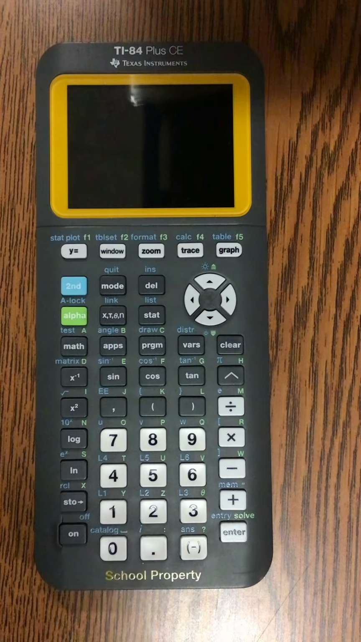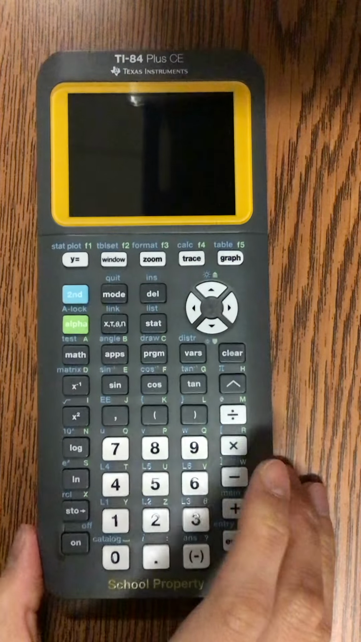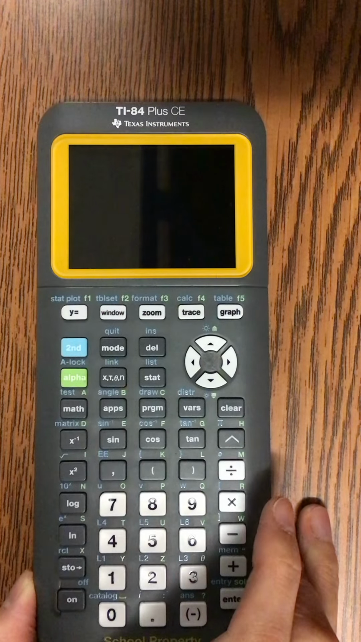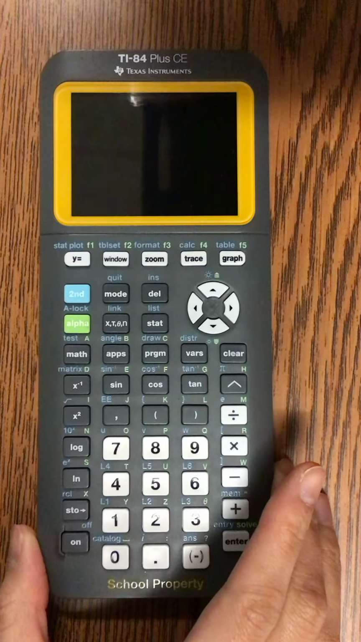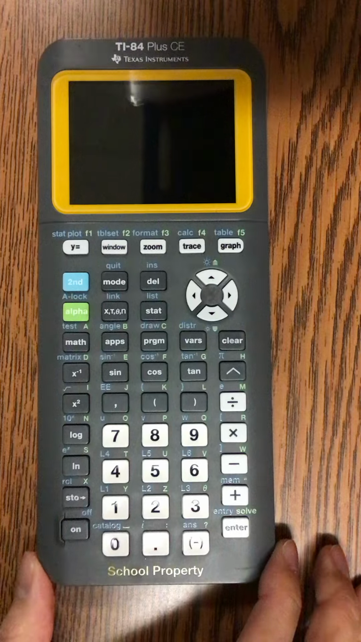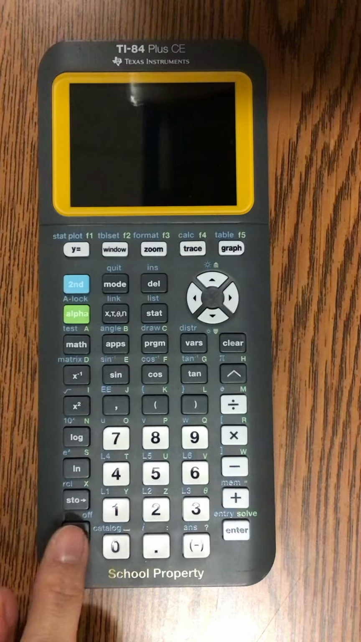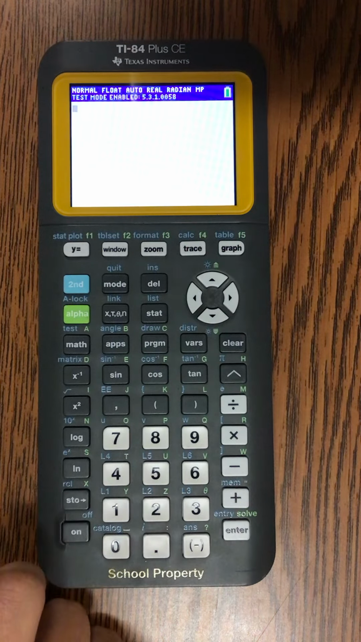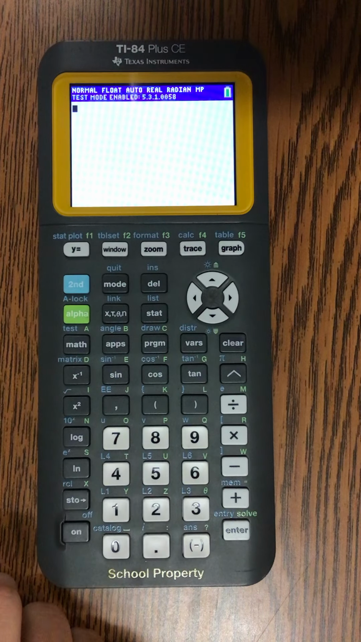Hi guys, we're going to talk about the TI-84 Plus CE Texas Instruments calculator and just talk about the important functions you need to know. First, you do need to know how to turn it on, and